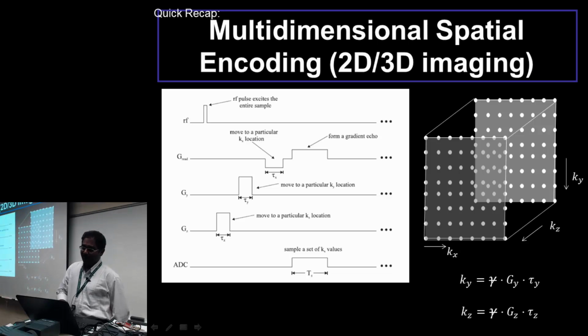Coming back to what we went through last time, we had encoding in multiple dimensions, which you do by sampling the k-space points. The image space has a corresponding k-space, and you're sampling the values at each k coordinate, moving through the k-space by applying these gradients. So with the first gz gradient you're moving along the kz direction to one end, and then by applying